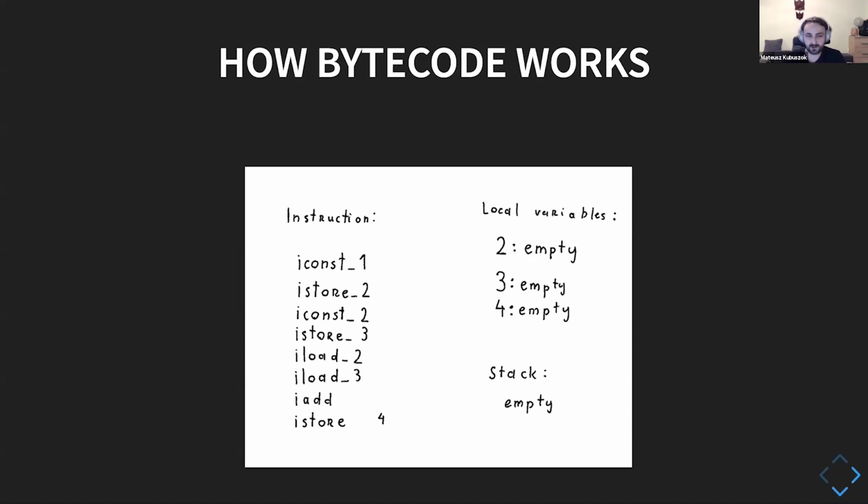So hardly ever are we working directly on the local variables. We have to move them to the stack to be able to use them. And when we have a result on the stack, we also move the result from the stack to variables. This way, the JVM only needs to deal with a limited amount of data at once, even though we have a lot of variables out there. So let's try to execute this code.